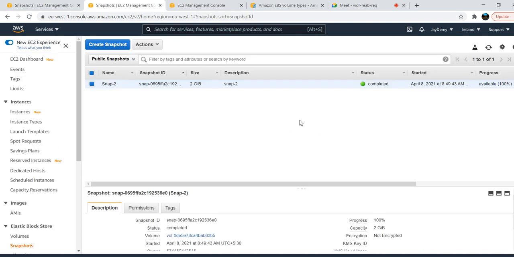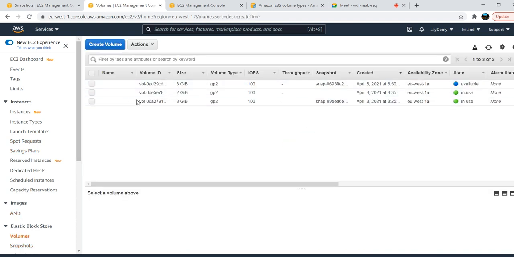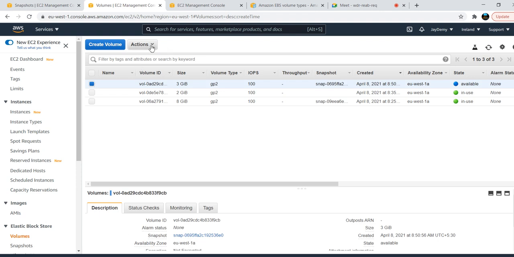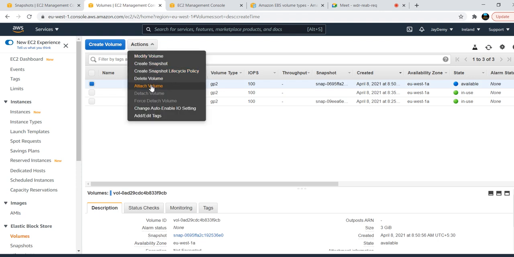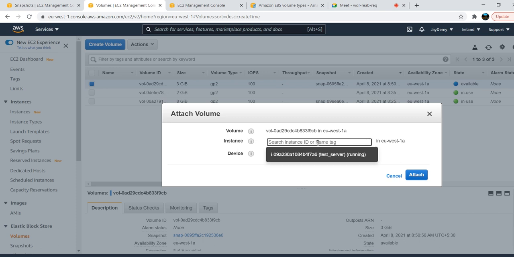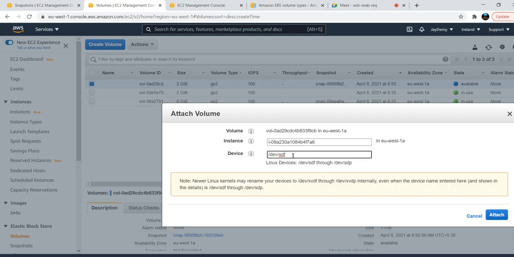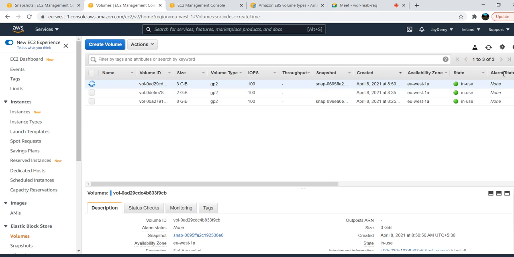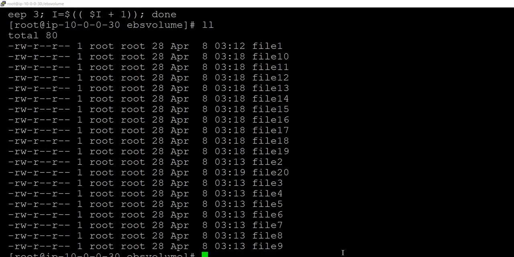I have just created the EBS volume here. I go to the volumes and choose attach volume. Which instance you need to attach, just choose that one. What is the device here? Earlier we attached it as j, right? After j, k, we will go with k now, or else l also will work. Any device is your choice, any disk device. I just want to show you whether the data exists or not.